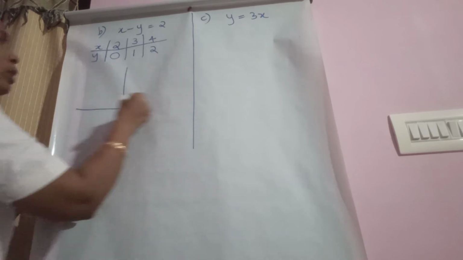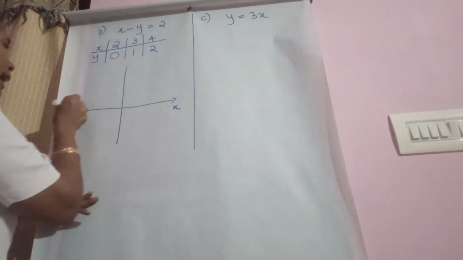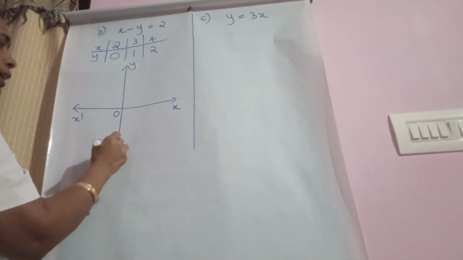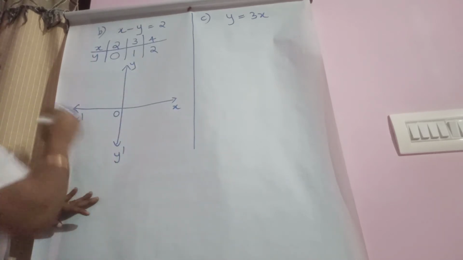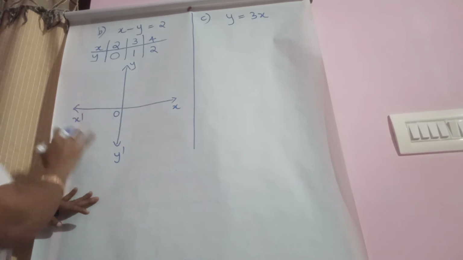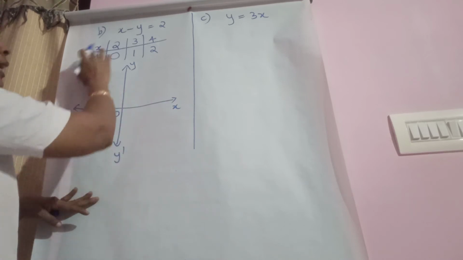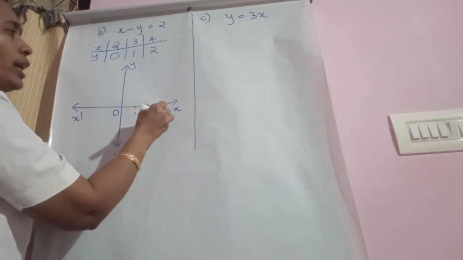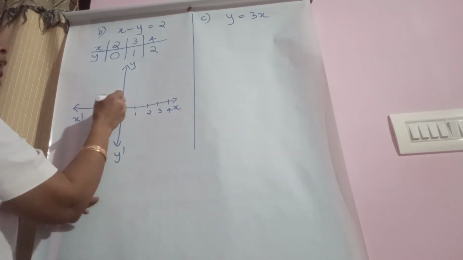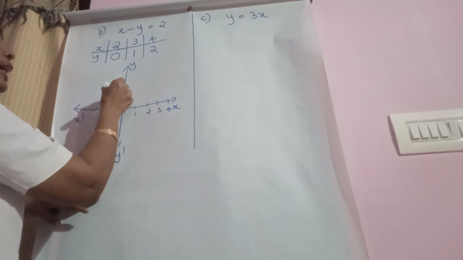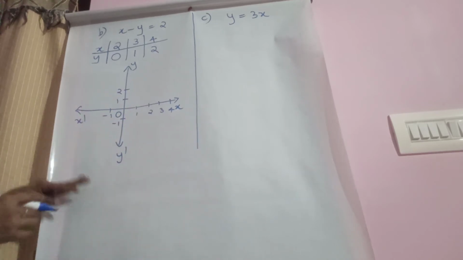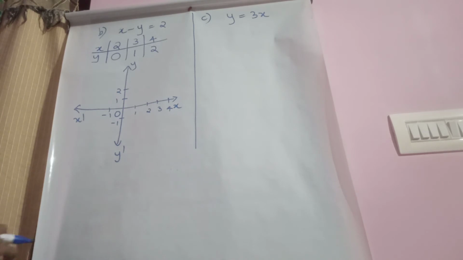We can draw both axes: X dash, 0, on the top y, here y dash. No negative values, so don't bother about the other quadrants. Mark the x values up to 4: 1, 2, 3, 4. Finished. The y value is up to 2 only. Anyway, let us fill some of the values in the negative parts. Not needed, but for our convenience, let us mark.